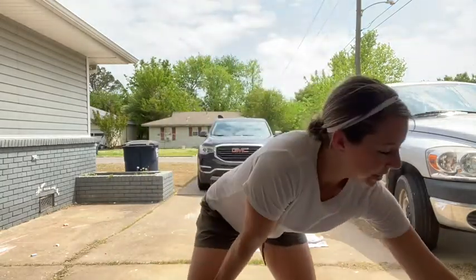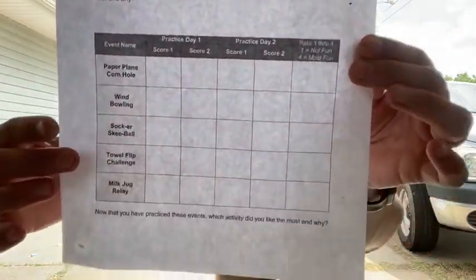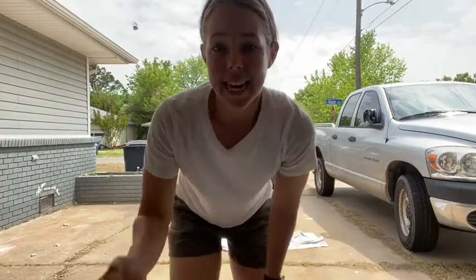If you guys print out a practice plan, then you would be able to write the answers down for that towel flip challenge. So you could go one time, write down if you were able to do it in a minute, and then see if you can get faster. So now let's move on to event number 2.